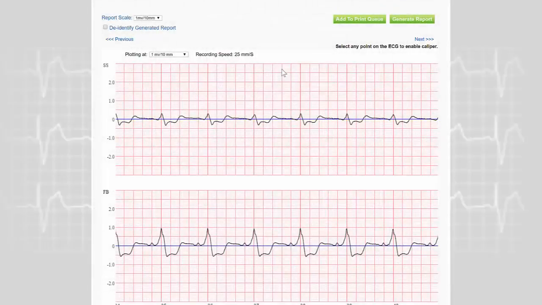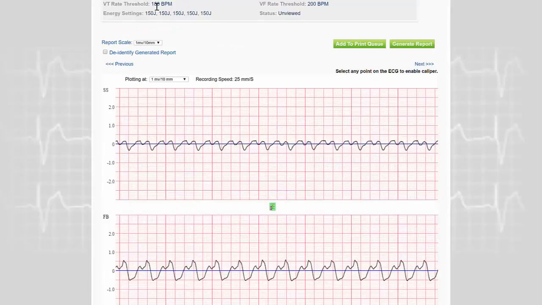This is now the case of a patient with CRTD for severe heart failure and left bundle branch block who had to be extracted because of a problem of endocarditis, and he went home with a LifeVest. And you can see here the initial tracing recorded at baseline, and you can recognize the aspect of left bundle branch block. Two zones were programmed, a VT zone at 180 beats per minute and a VF zone at 200